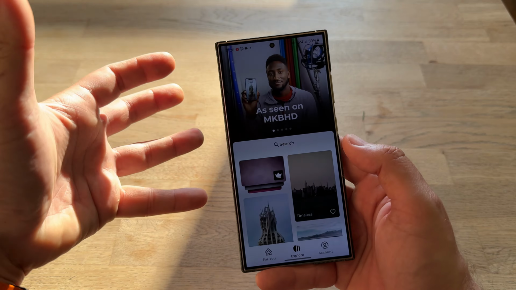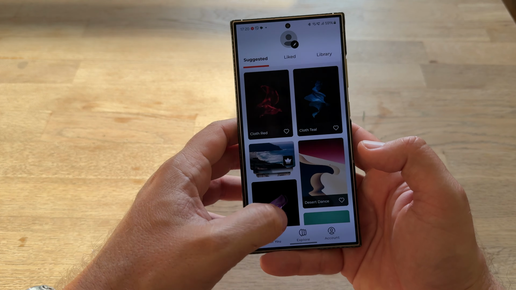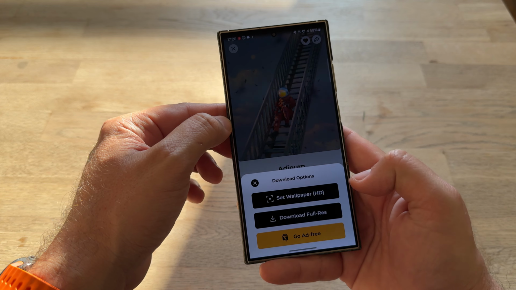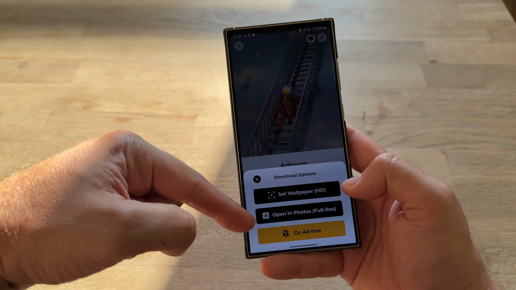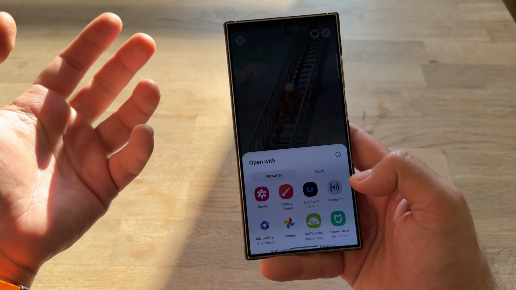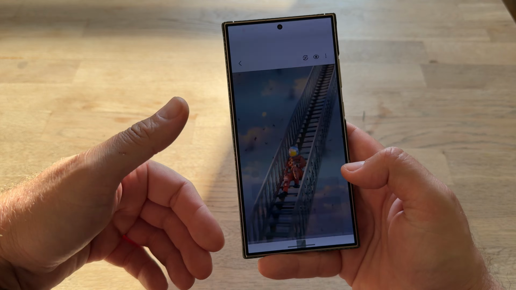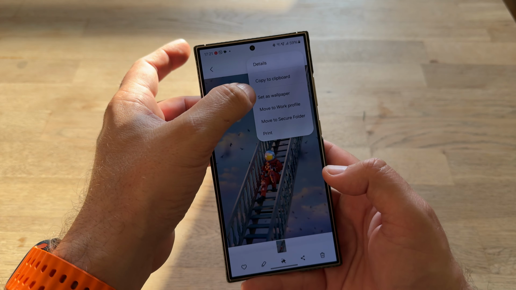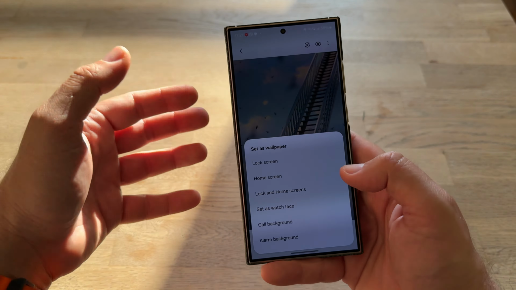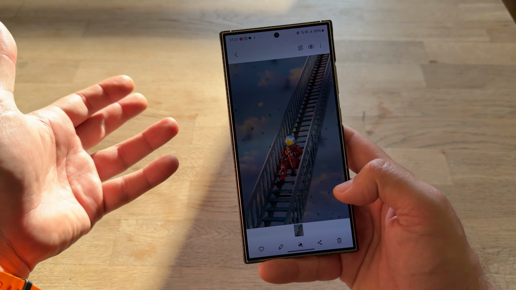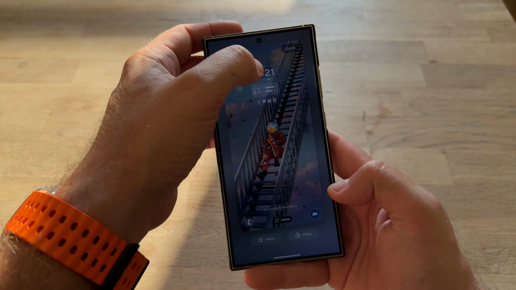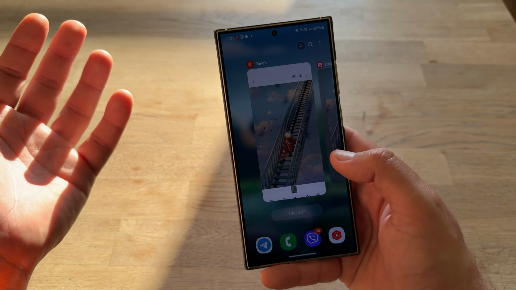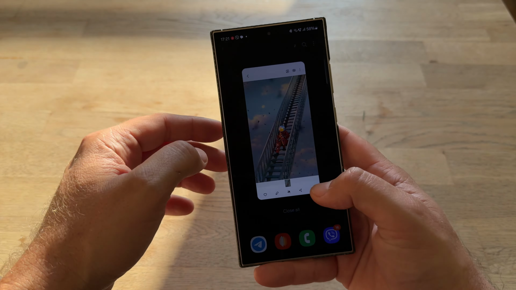And because they have so many wallpapers, I'm just gonna hit For You to like. It's still there, that's good. Now I'm gonna press get, and boom, download full res, you see? So for wallpapers, once downloaded, I don't really have to rewatch ads again, which is kind of cool. And probably one of the coolest things is you are able to save those wallpapers inside the gallery, because with Lunar and Walrod, this doesn't really work like this. So yes, as a redemption to MKBHD, I do believe that he probably fixed the app.